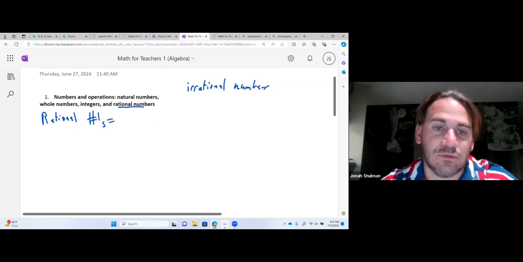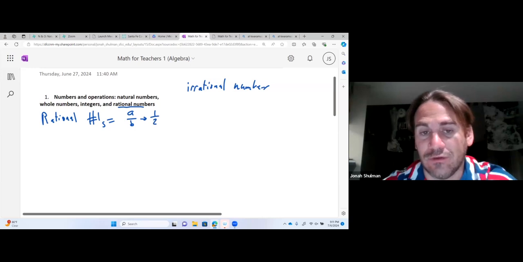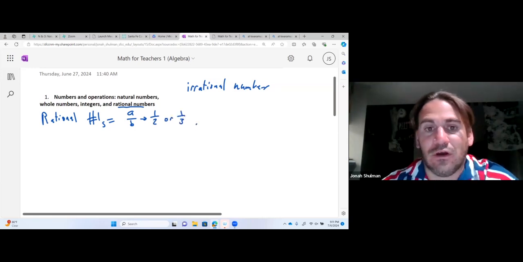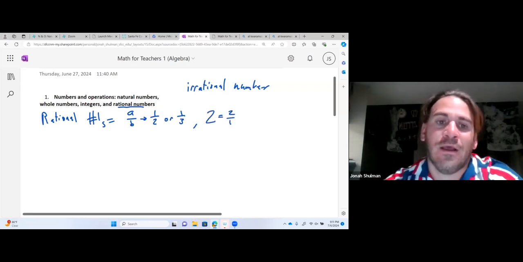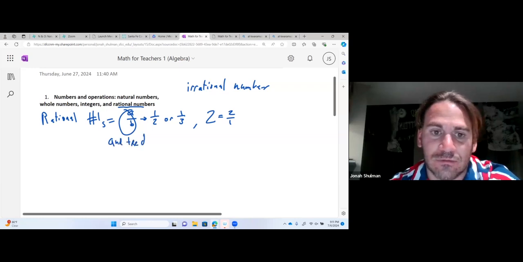A rational number can be represented by like A over B. So it can be written as a fraction like 1/2 or 1/3. It could also be a whole number, because whole numbers can be fractions like 2, because that's really 2 over 1. Basically, what a rational number means, it can be written this way, and the decimal